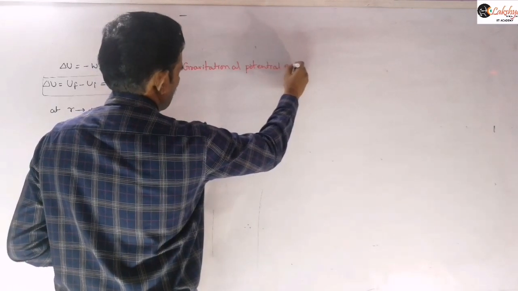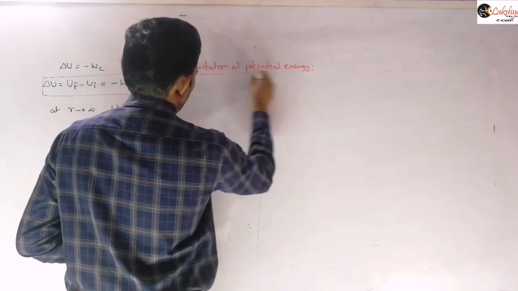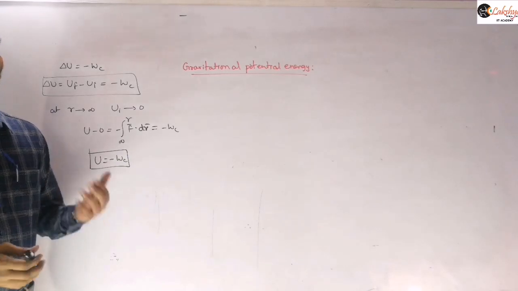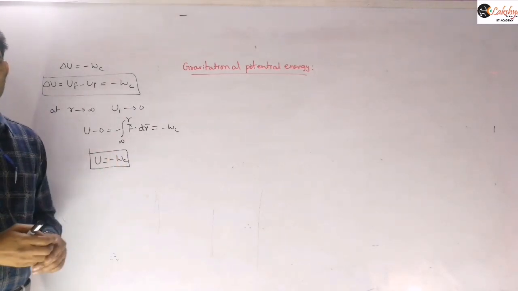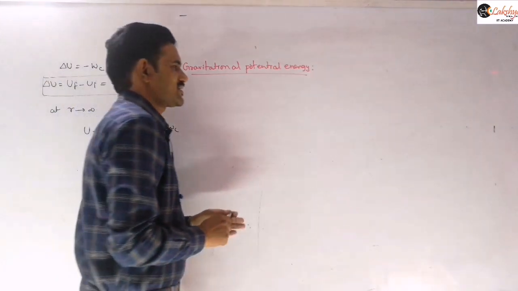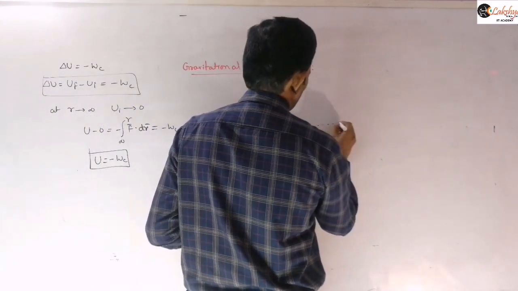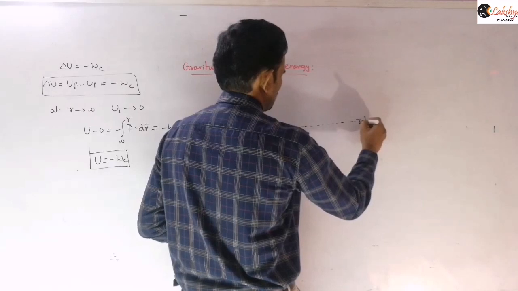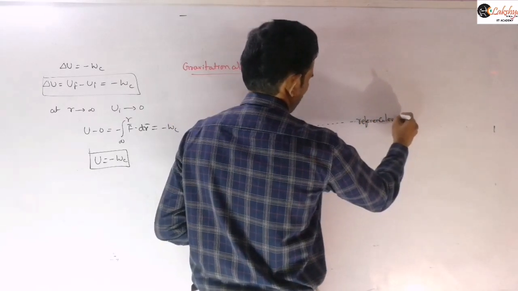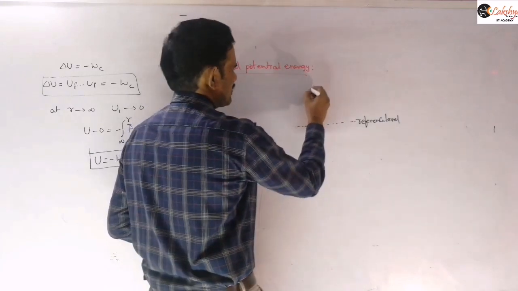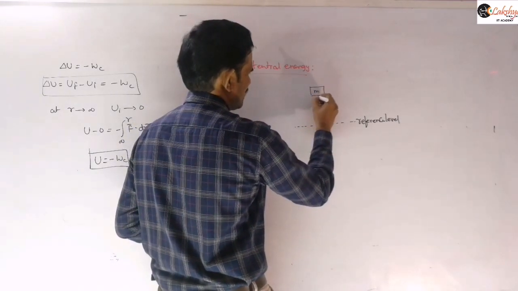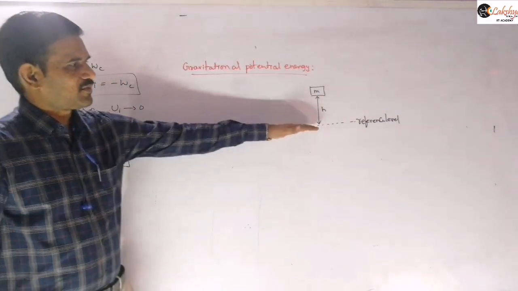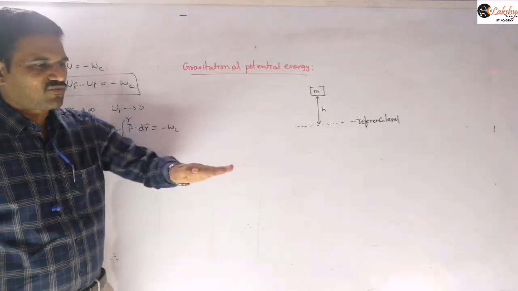Gravitational potential energy. While defining gravitational potential energy, we need some reference. Let this be the reference level here. Now if the object is above this reference level, at a height of h, then consider the amount of work done by gravity in placing this object here from the surface of the ground.